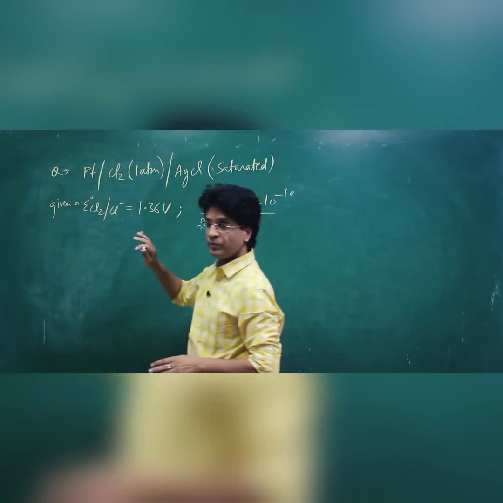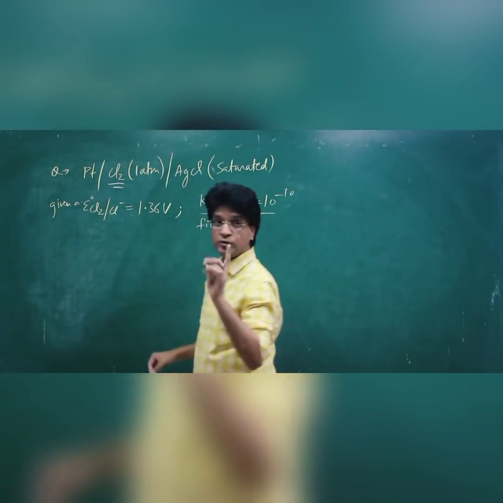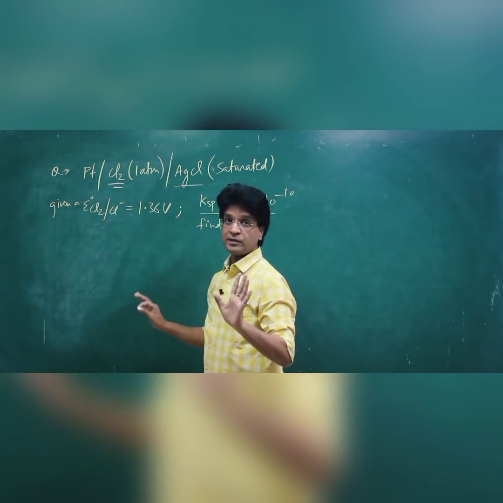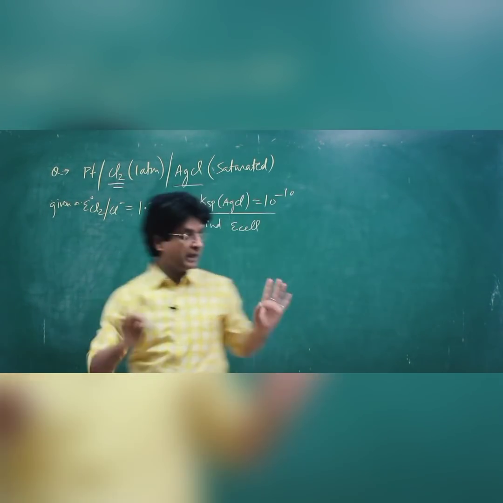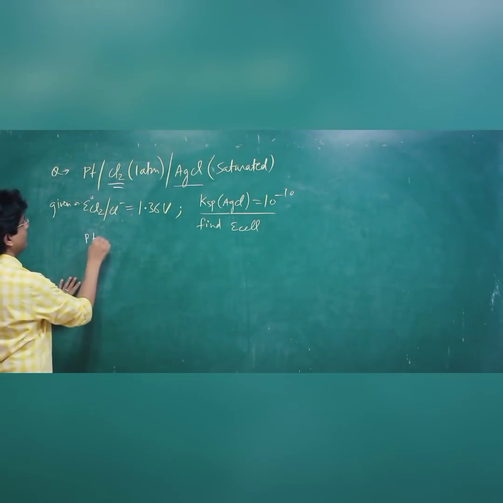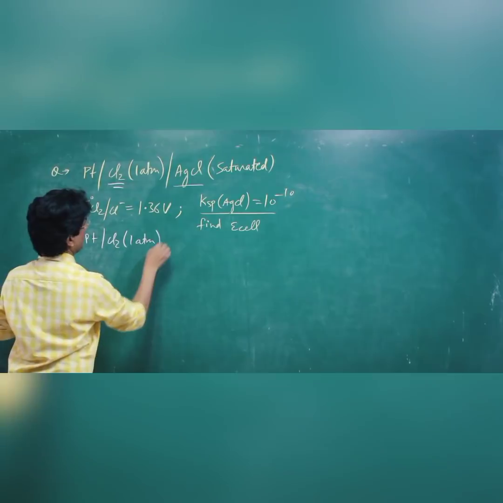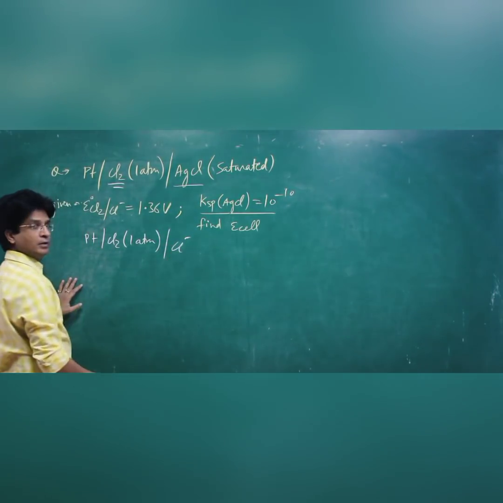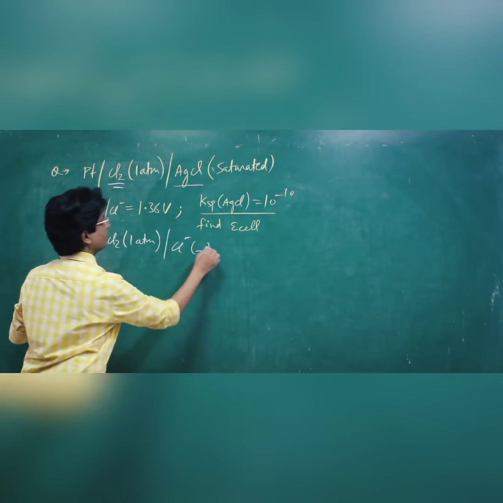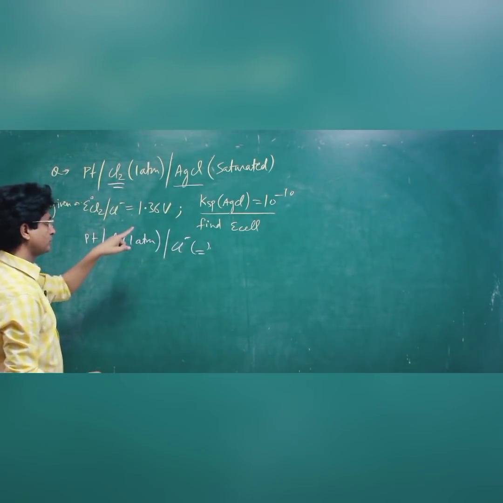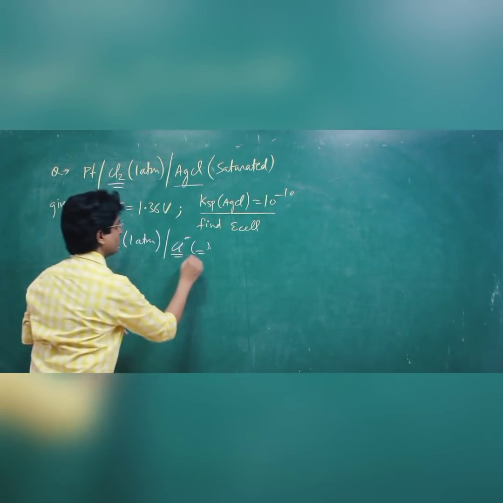Platinum is given, a gas is given. Whenever you see the gas, the remaining part should be the source of the ion of the gas. So this cell actually should be platinum, Cl2 1 atm, and nothing but Cl- ions, whatever their concentration may be. Okay, we got to calculate that. Now see, let me calculate the concentration of Cl- ions.